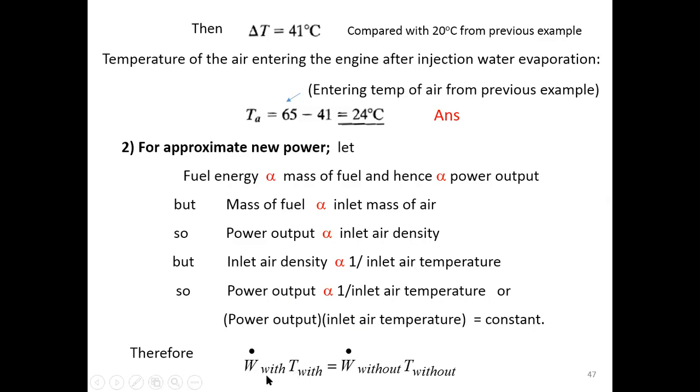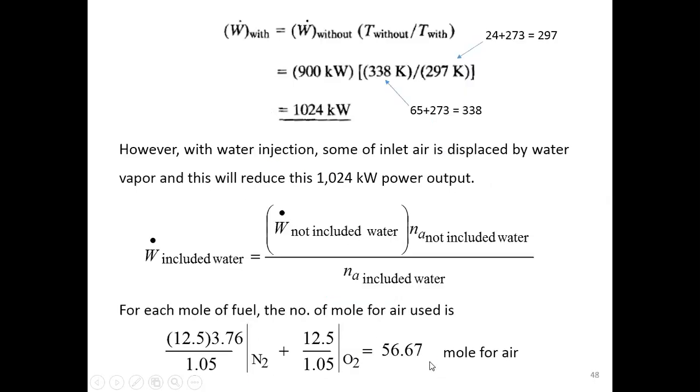So that means the power output with water injection times the inlet temperature of the air with water injection equals the power output without water injection times the inlet temperature of the air without water injection, right? So this is the relationship that we can make use of with the information that we have. We work out from one by one here until we get this. Okay, so with this,